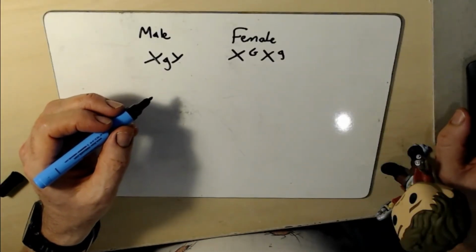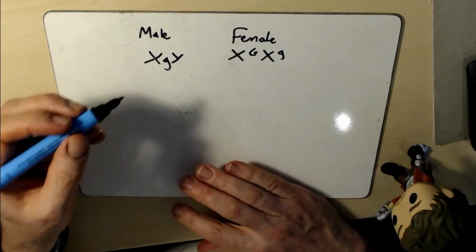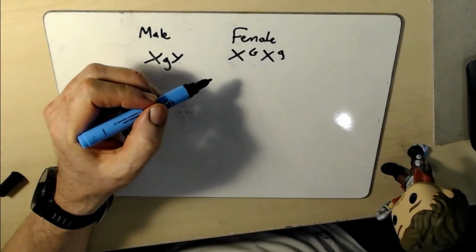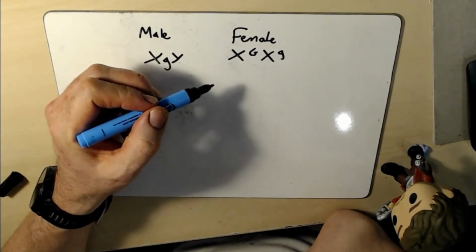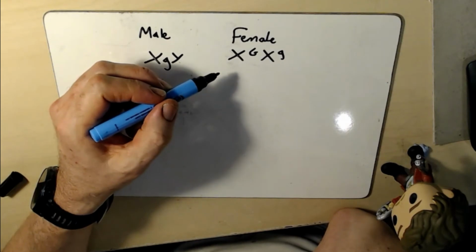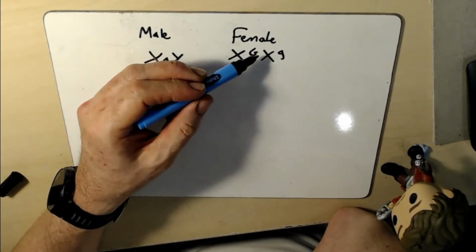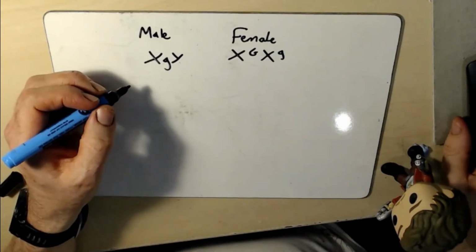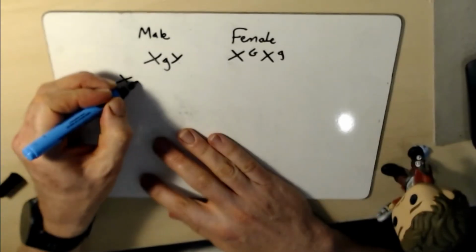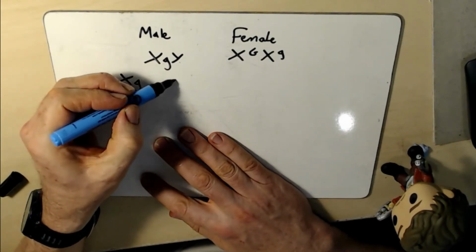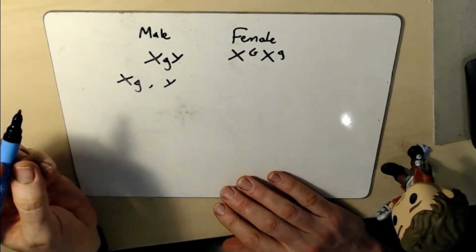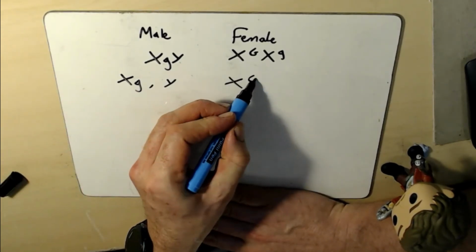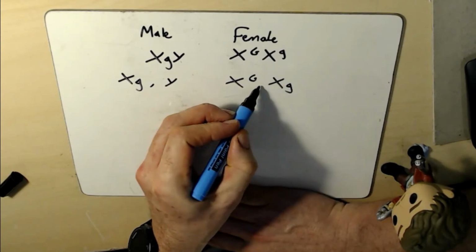Okay, so for this question, they give you the male parental genotype, and the female one they don't, because that was B2. So the genotype of the tortoiseshell female is X big G, X little g. Okay, and then they want the parental gametes. So that's quite simple. So that's X little g and Y, because it's a sex-linked gene, and X big G, X little g.